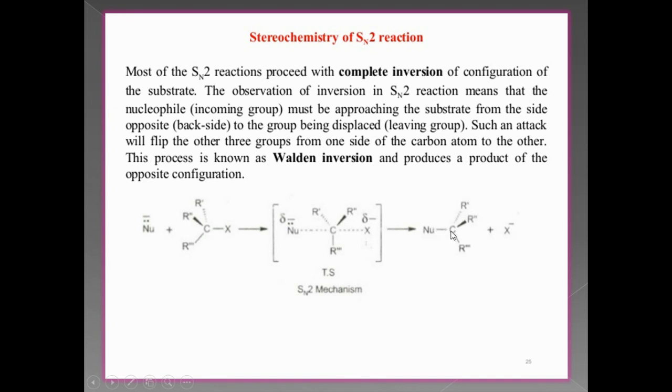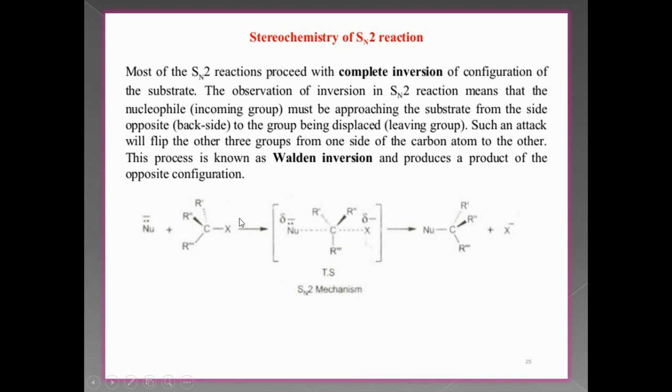will be converted into the product by the replacement of the X group with the nucleophile, and the X group moves out with its two electrons, generating an X negative moiety. So here, complete inversion of the product takes place, because the nucleophile can't come from the side where the X group is present. It is an electronegative group with electron density, which will repel the electron density of the nucleophile, and that's why the nucleophile prefers to come from the opposite side only.